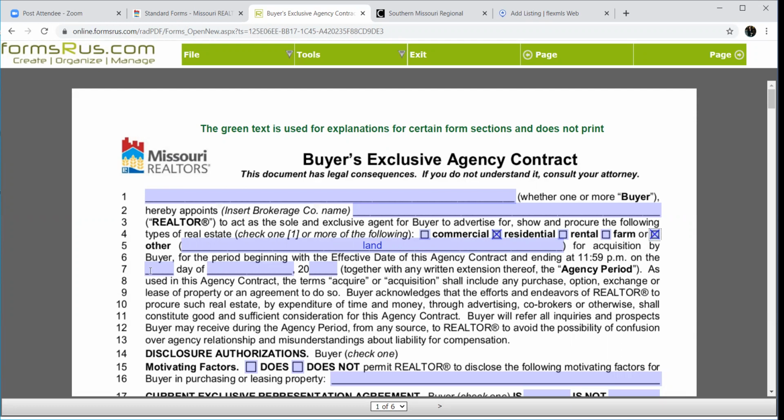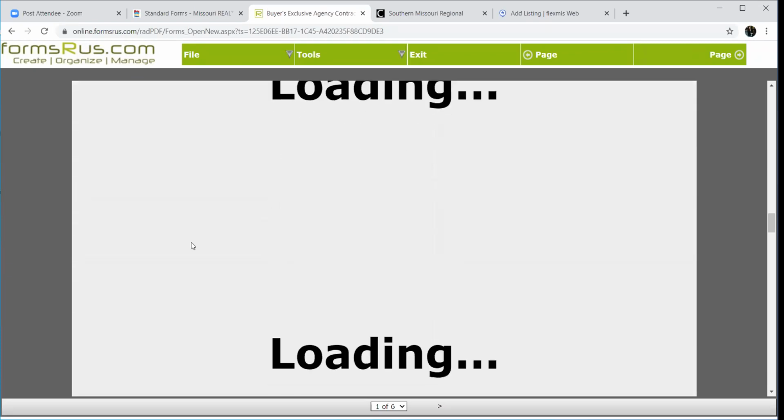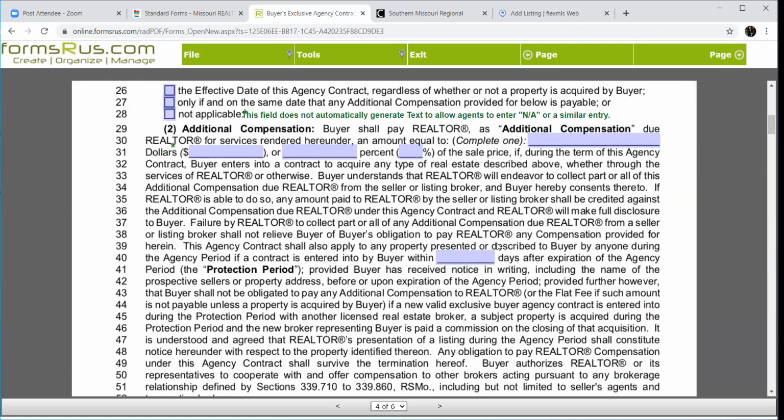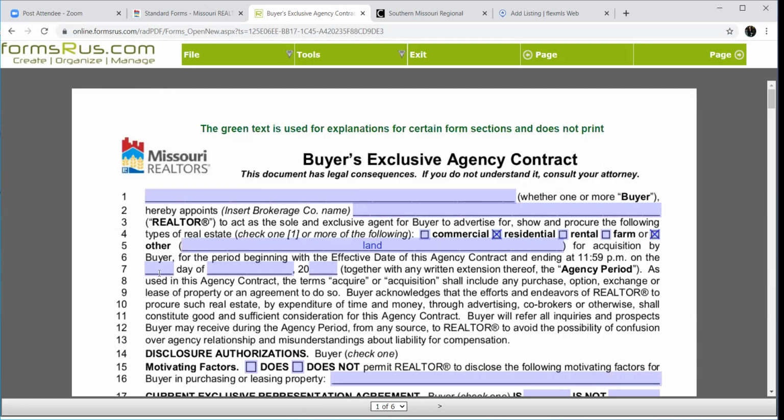This time period right here is exactly the same as we talked about on the seller's agency contract. When the buyer signs and dates right here, this becomes the effective date of this contract, and you are at that point employed by this buyer. So this time period is the date that this particular agreement expires. An example: today we do this, what would that be, July? Sorry, that's the day, the 15th day of July 21, okay?